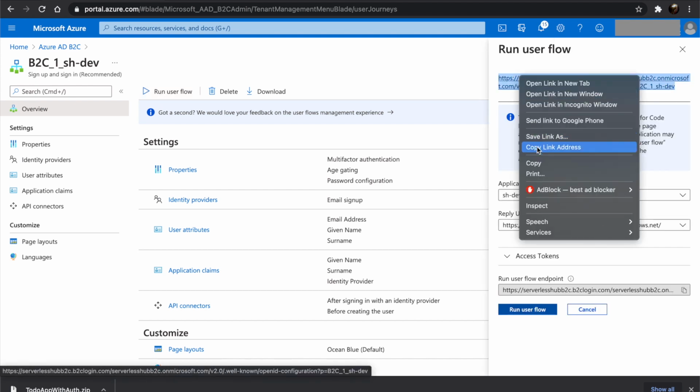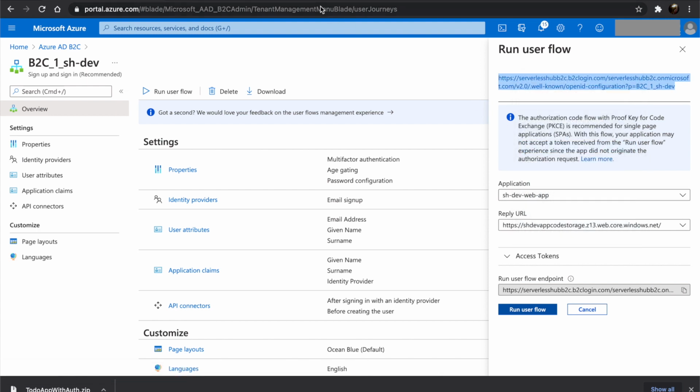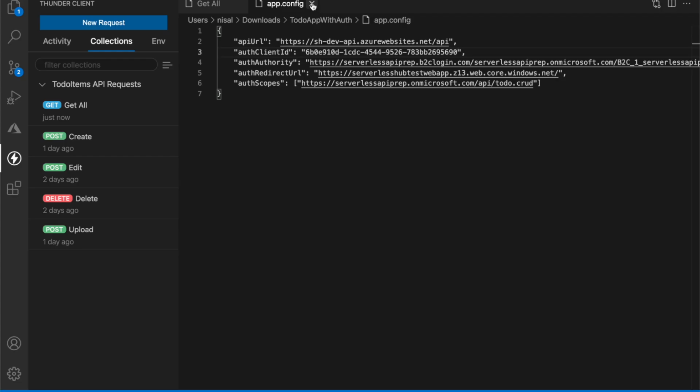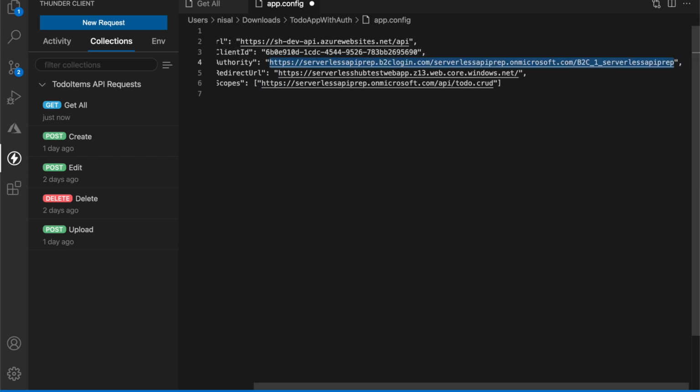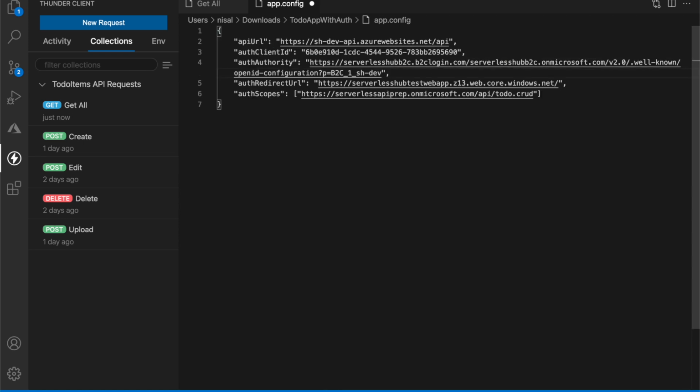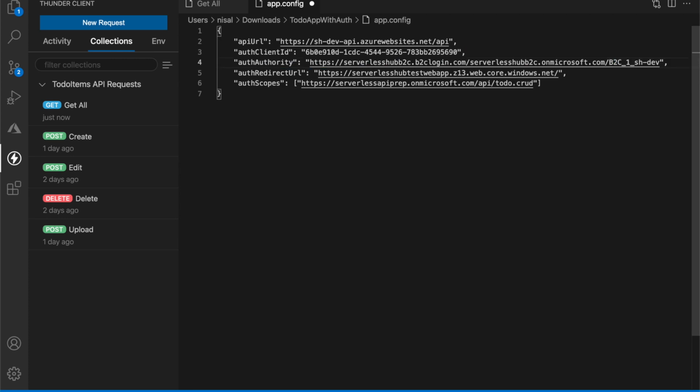Let's copy this URL and let's go back to config and modify the URL that we just copied. Notice the portion of the URL that we removed. You should do the same.